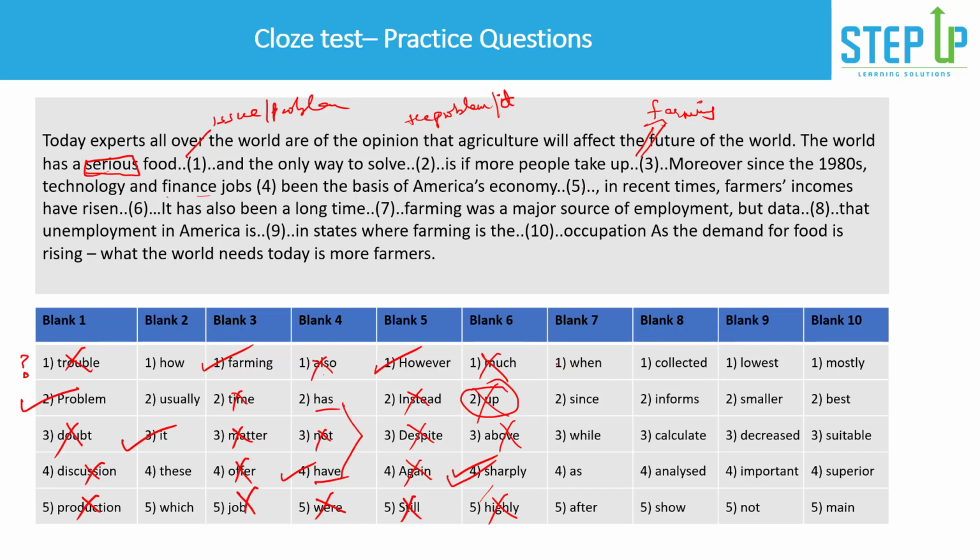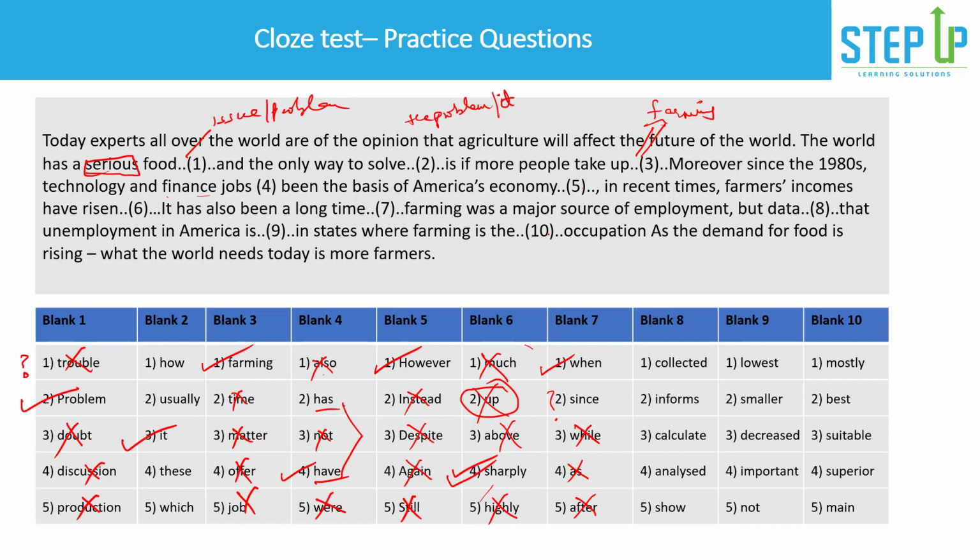It has also been a long time. It's been a long time. So while doesn't make sense, right? It's been a long time when farming was a major source, right? You could also have option like since, right? So these two could be the close options, right? So it's been a long time when farming was a major source of employment, but data dash that unemployment in